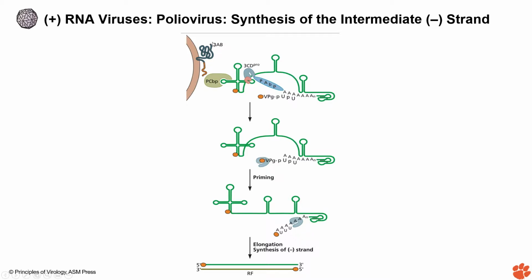So you have the 3AB attached to VPg, and PCBP attached to the C of the RNA. Here you have the 3CD pro attached to PABP, and that attached to the poly-A. After this, the VPg-pUU that we talked about is formed right here, transferred and attached to the U's. Remember that instead of AT as in DNA, you will have AU. So the last two U's are attached in there. This is the primer for the RNA synthesis, and it will go on all the way up to the end.